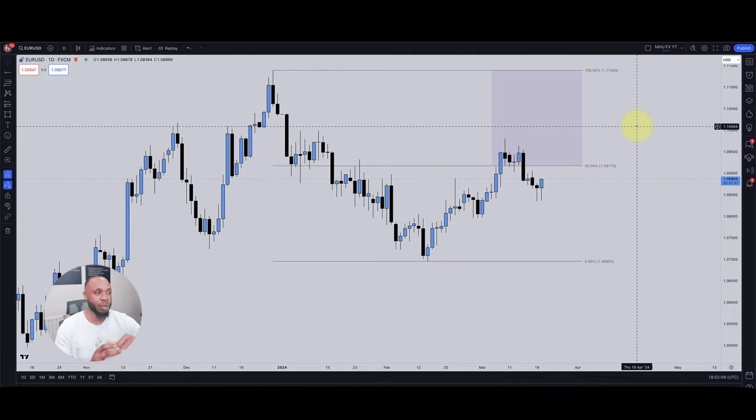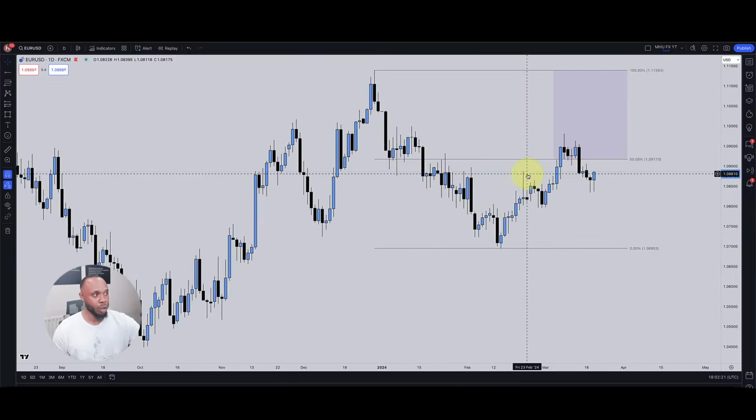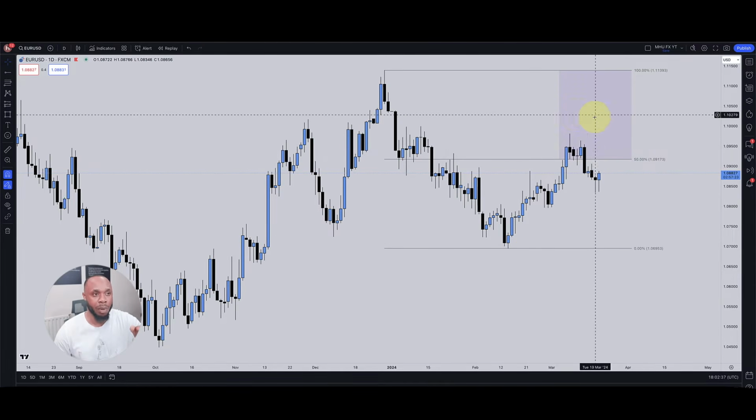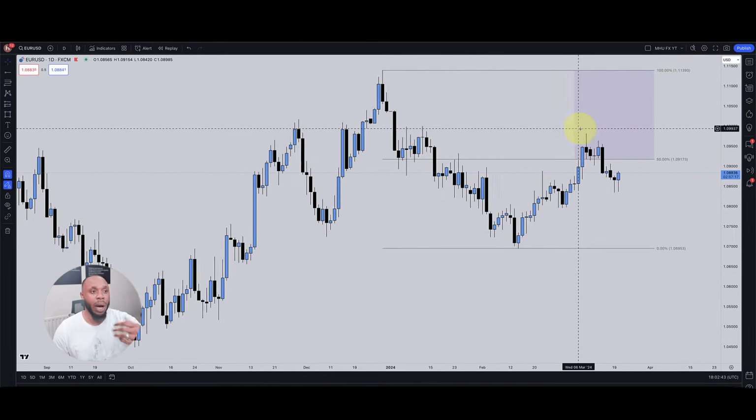So now you've identified the trend. The next thing you have to do is identify where you are in that trend. Where we are in this trend right now is that we've reached a premium price. If we were beneath this low, we'd be at a discounted price. The ideal for a short would be from a premium price. Now, when it comes to entry, what I like to see is this.